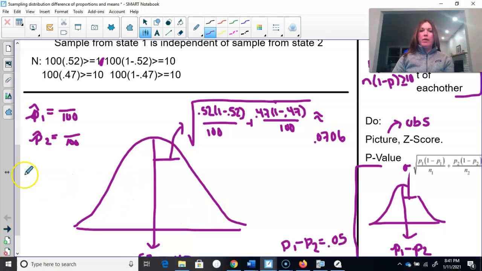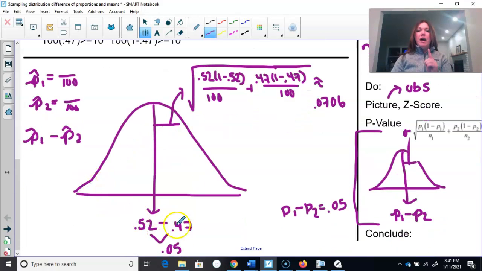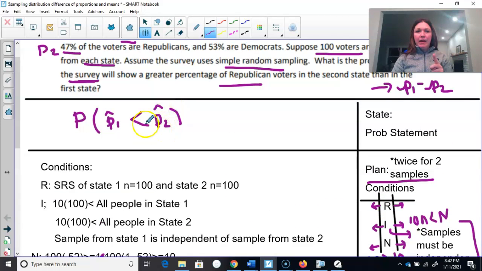What do we want to know, you guys? Well, P hat of 1 minus P hat of 2, that's what we typically do, right? These are the Republicans from state 1, and these are the Republicans from state 2. On average, the Republicans from state 1 have more by 5%, okay? Sorry, my grammar, excuse me. We want to know the probability, okay,